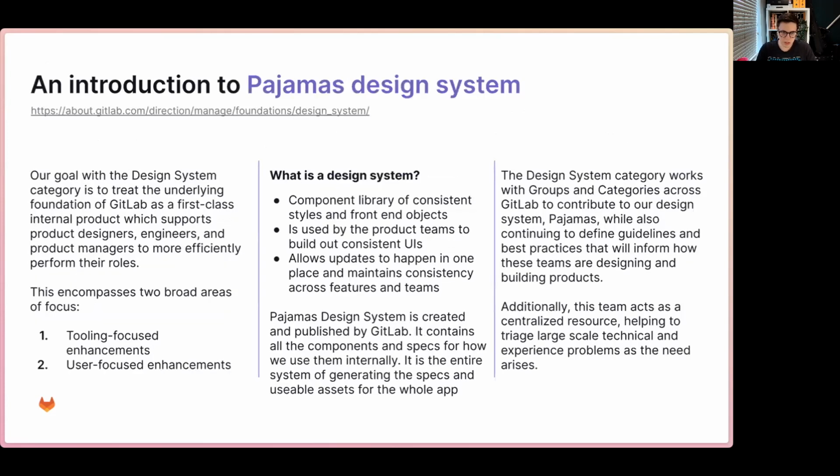So what is Pajamas design system? The goal of it is to treat the underlying foundation of GitLab as a first-class internal product. It supports our team members, product designers, engineers, product managers, and also community contributors with those roles to more efficiently